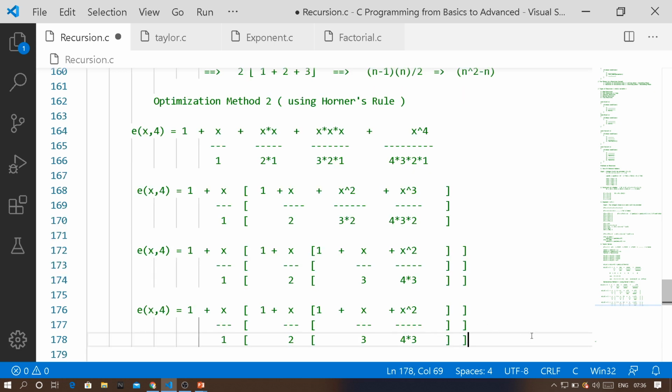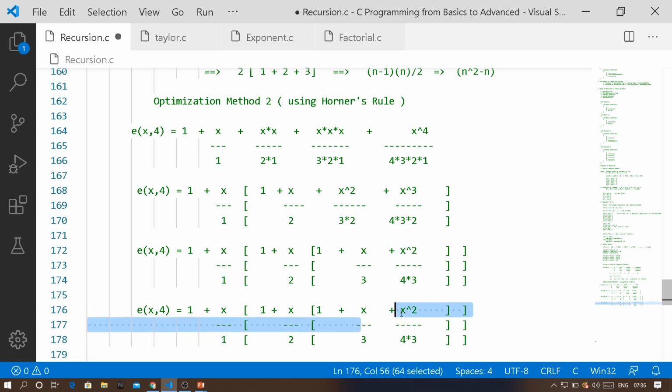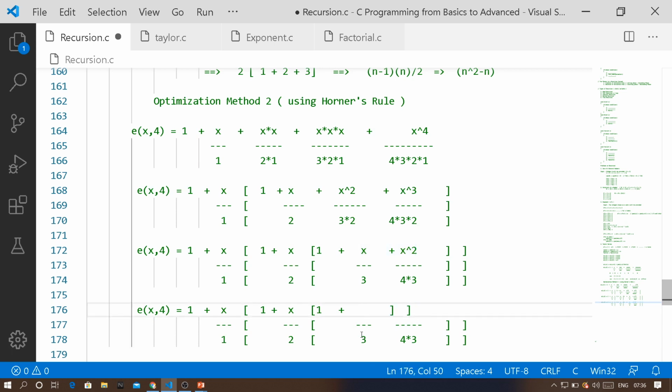Okay. So now if you see in this internal term, these two terms are going to be different. So let me remove these two terms. I'm going to keep 1 aside, and from the remaining terms, I'm going to take x divided by 3 common outside. So x divided by 3 I have taken common outside. When I take x divided by 3 common outside, let me open a new bracket.